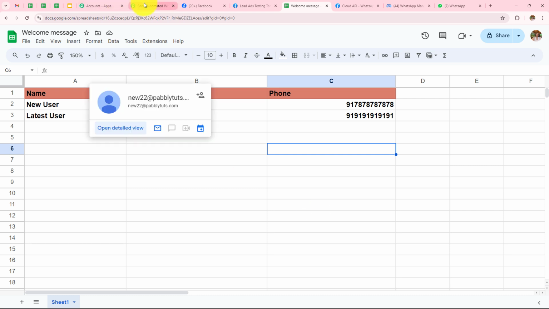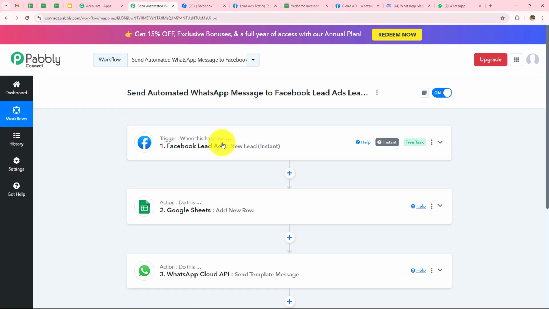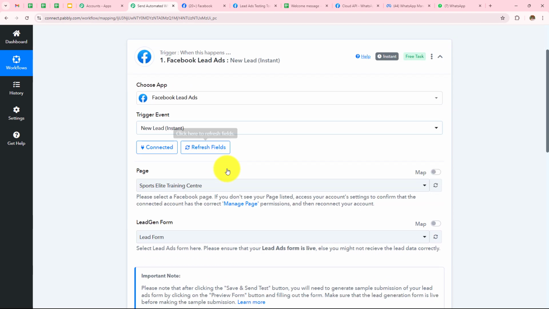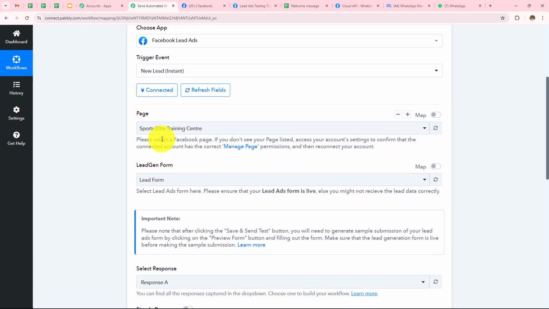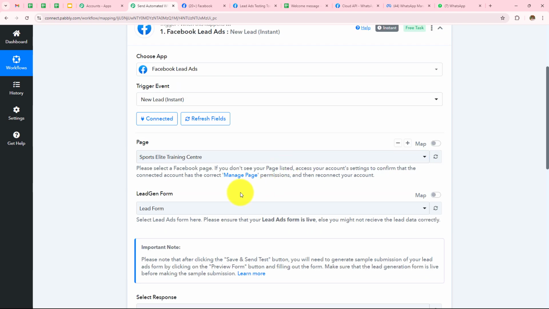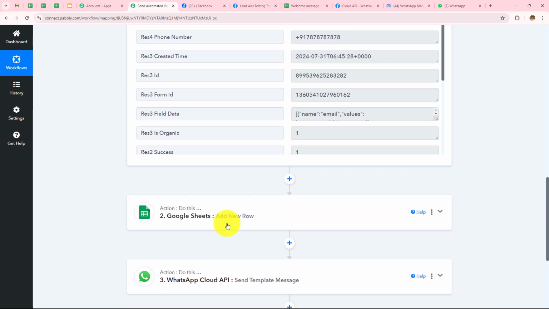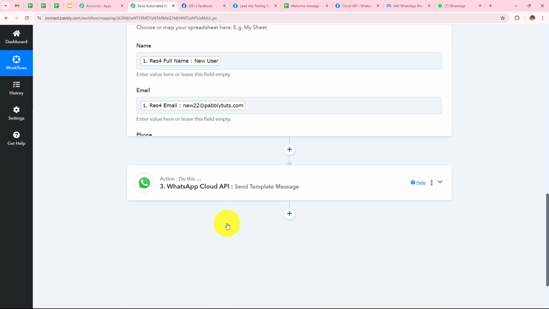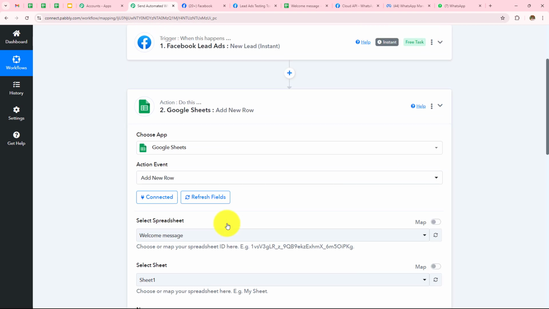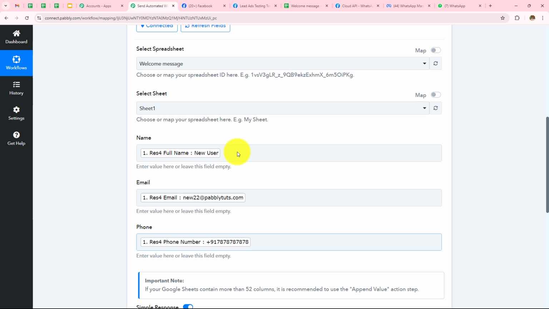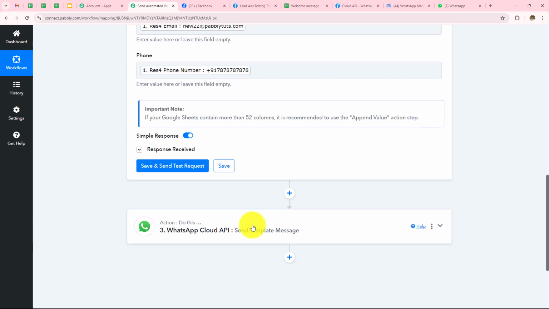So to summarize this, we took Facebook lead ads in our Trigger application where we made connection of Pabbly Connect and Facebook lead ads. We selected our page and the lead gen form, submitted the form and received the response over here. After which we took Google Sheets in our action application because we wanted to record the details of Facebook lead ads in our Google Sheets. We selected a spreadsheet and entered all the details with the help of mapping, after which we selected WhatsApp Cloud API as our action